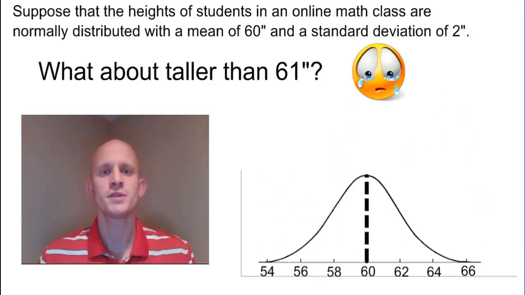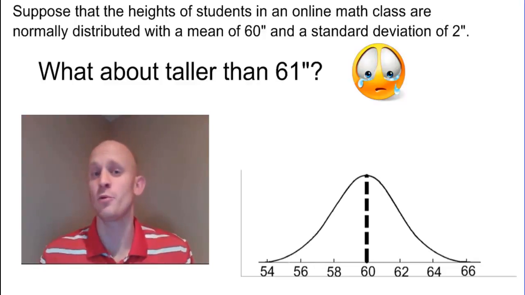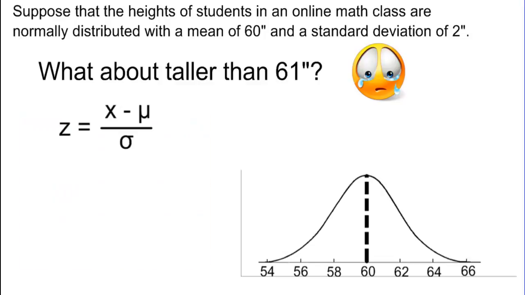What about the percent of students that are taller than 61 inches? We try to use the empirical rule, but 61 falls in between 1 standard deviation from the mean. So the empirical rule doesn't really work in this case. It makes me very sad. What we need to do is come up with a standardization for our heights along this axis here on our normal curve. In order to do that, we will use our formula for a z-score, where z is equal to x minus mu divided by sigma,